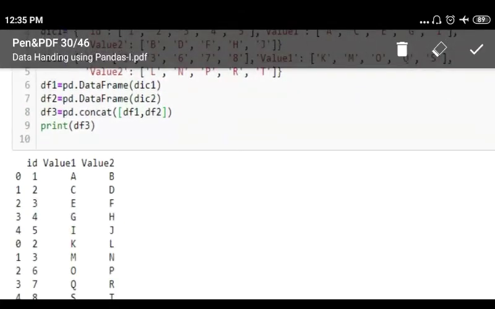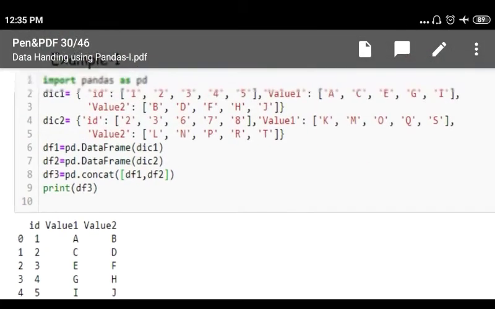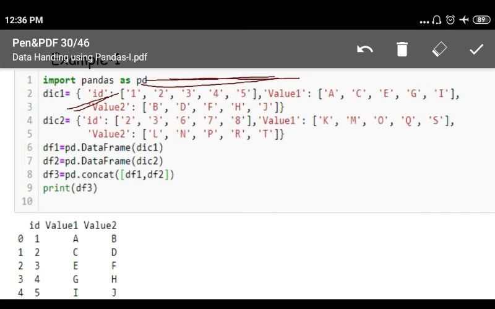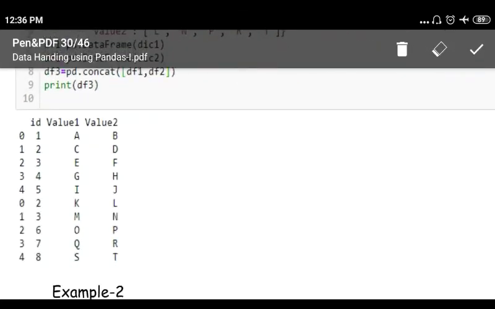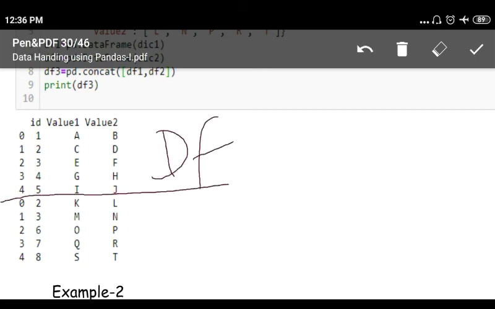Here it is. Up to this point, data frame 1 was having values from 1 to 5 with id as the key, and values were a b c d e f g. So you see this is data frame 1 up to here, and this is data frame 2.